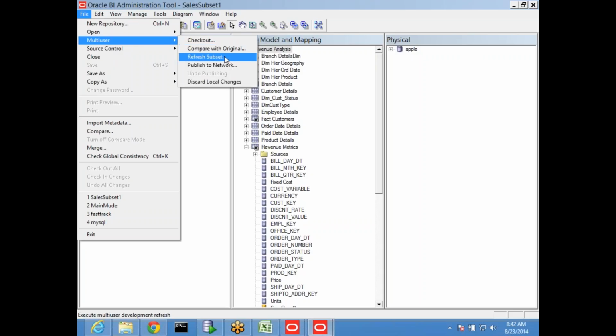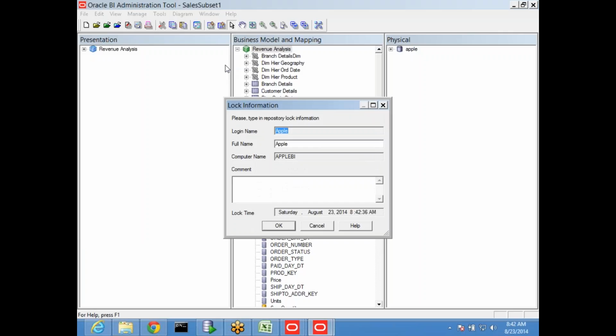So I am going to multi-user. Okay, publish to network. Whatever changes I have done in subset one, the extra column and one change, I am going to publish to the original one because right now it is on my machine. So I am pushing this onto the original one, the main one. Where is the main one? The main one is in a Mude folder. And what I am opening here right now is on my local machine. So it is asking you, since it is going to apply your changes on that one, for your changes you can give some name, that is generally called versioning. Added